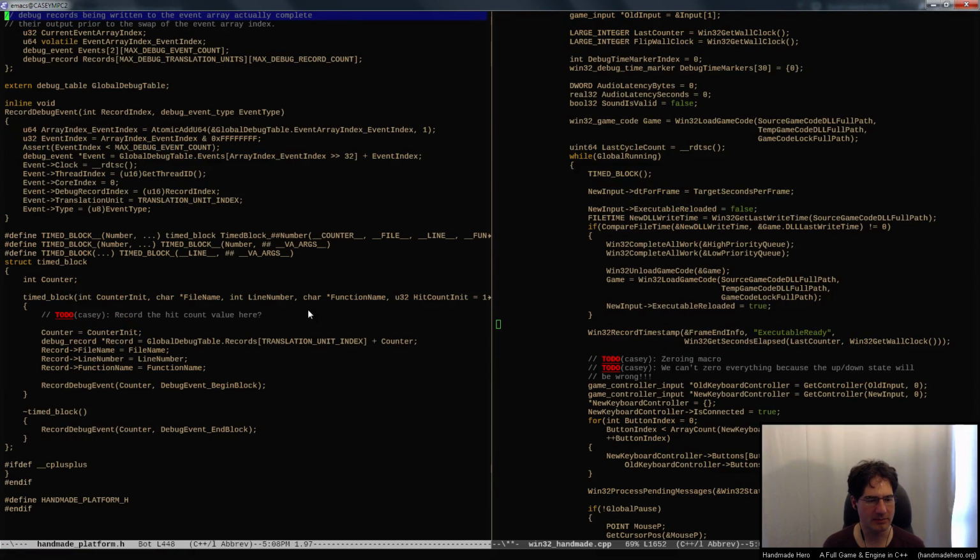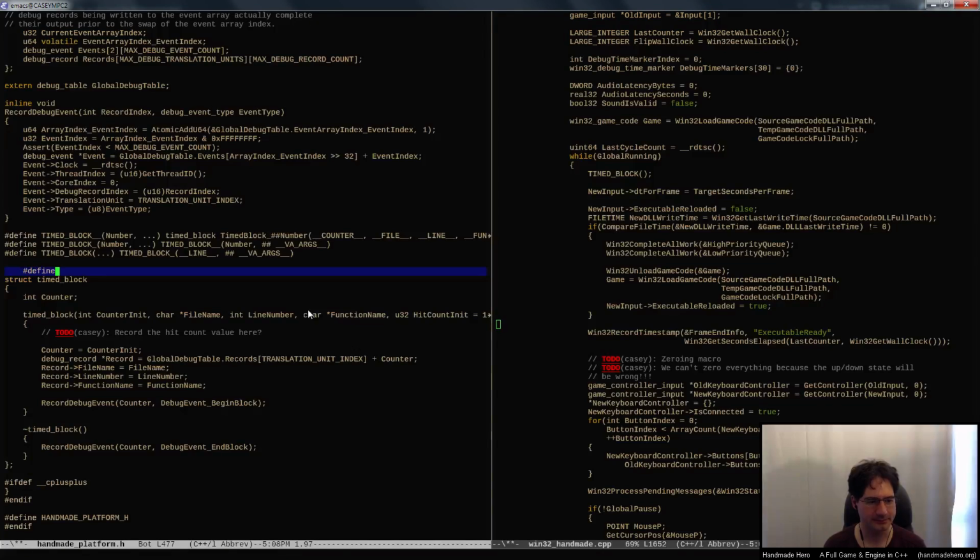So if I take a look at Handmade platform, right, a timed block is really just, you know, it's one of these and one of these, right? It's a debug end block event and a begin block event, and a thing that accesses the records, right? That's all that is. So what I want to do here is just extend this up sort of one more level, so that what's actually happening in here, right,